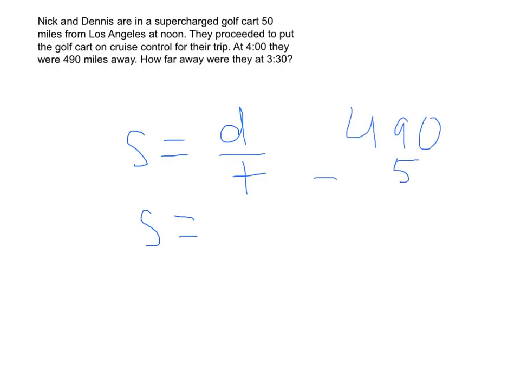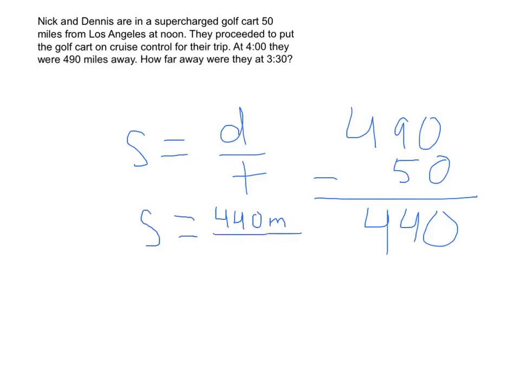So, as we know, speed equals distance over time. And in this case, we do not know the speed. However, we do know the distance, which is 490 minus 50, which is 440. So the distance would be 440 miles